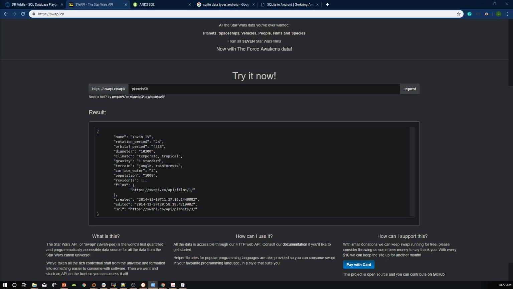Say what mine is, and then we can just see if they're all the same. Yep. All right, so I have ID integer primary key, name text, height text, mass integer, hair color